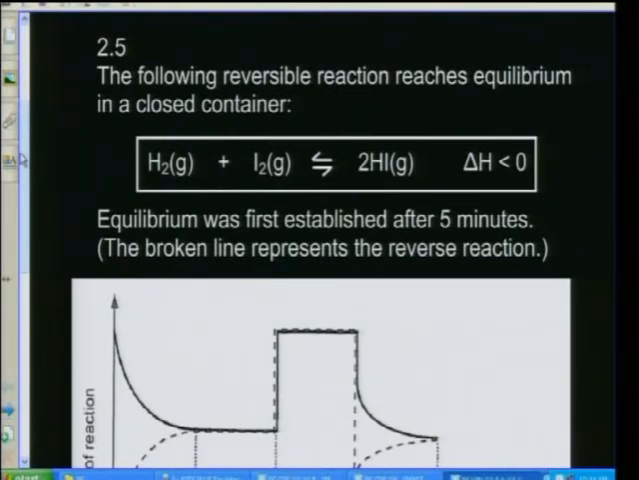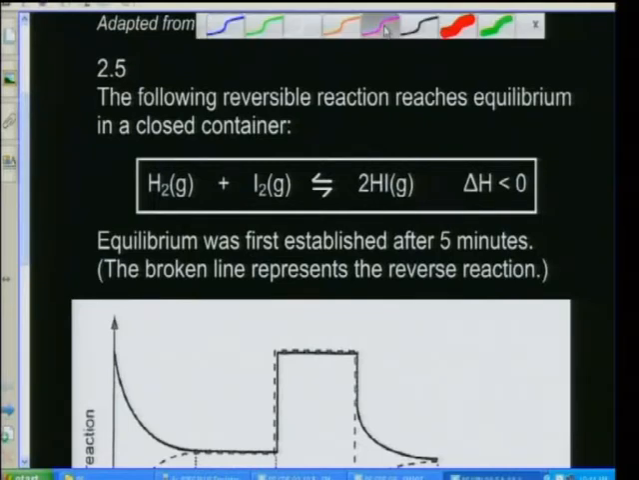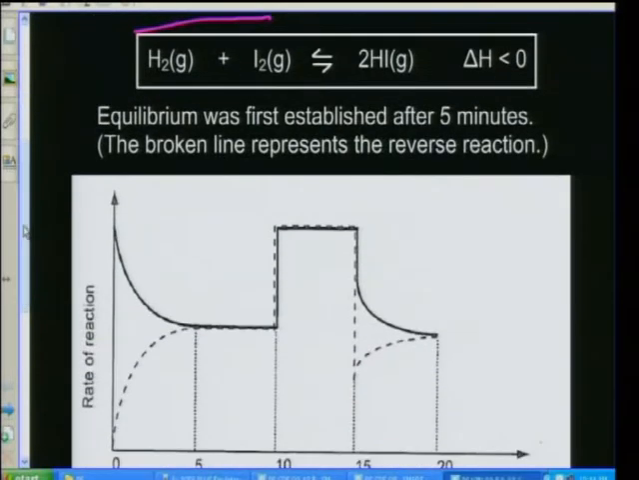So it says the following thing. Question number 2.5 says the following. It says the following reversible reaction. So read the question carefully. Reversible reaches equilibrium in a closed container, so all the rules of chemical equilibrium apply. We've got H2 gas plus I2 gas to give you 2HI, and we're told that delta H is less than